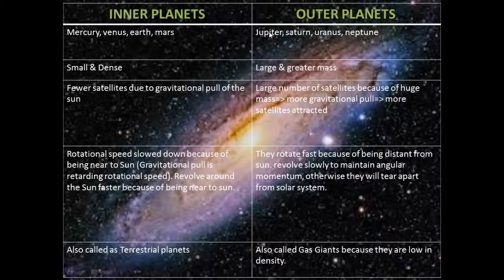Jupiter, we all know, is majorly formed of hydrogen, helium and methane. Saturn is also majorly formed of hydrogen and methane. So the major component of these planets is gas. That's why they are also known as gas giants, and their sizes are big, but because of gas their mass is so low, so their density is very low. Also outer planets are known as Jovian planets.